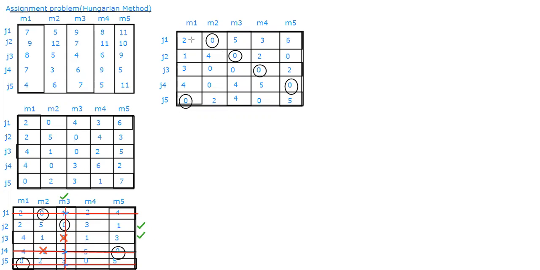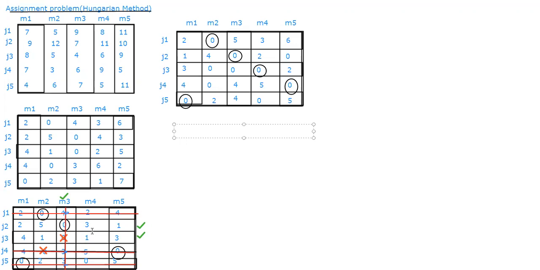So that means for my 5 machines, I'm going to see in each column also. This is the first column, 0 assigned. Even in the second column 0 has been assigned. Third column 0 is there. Fourth 0 is there, and fifth 0 is there. So luckily we have got one number for each job, row wise and column wise. That's how my assignment problem luckily has ended, or else my third step would be repeated once again.